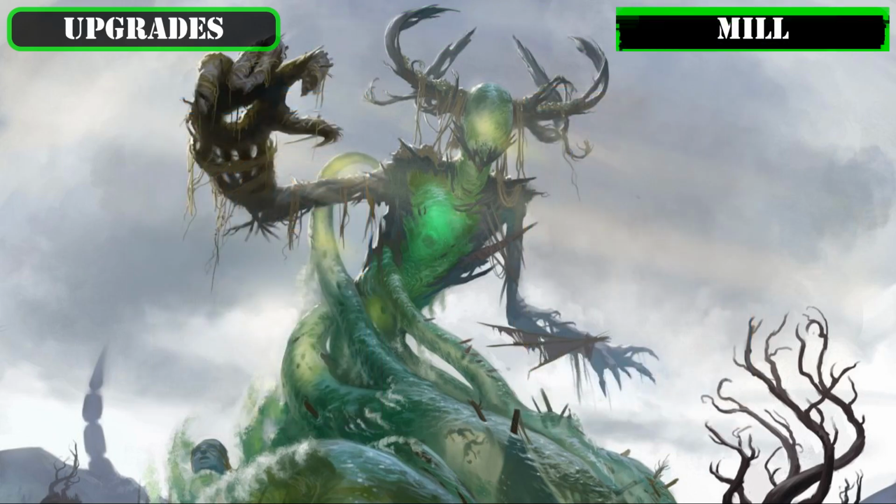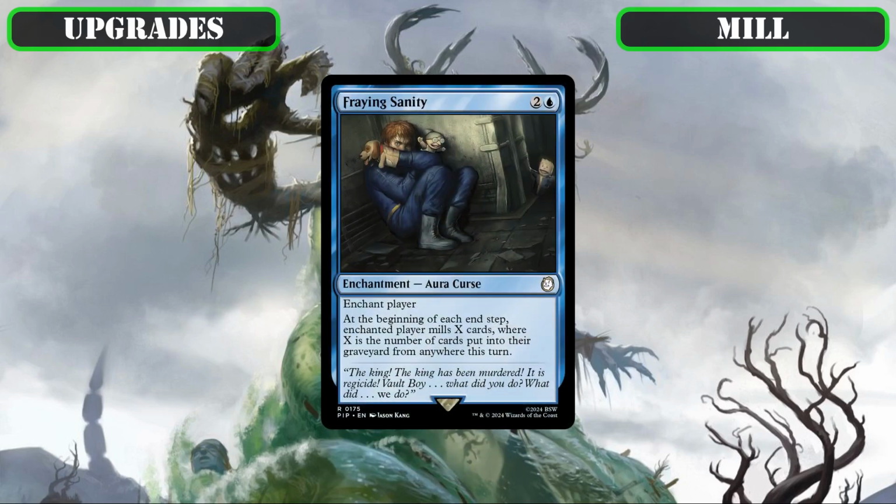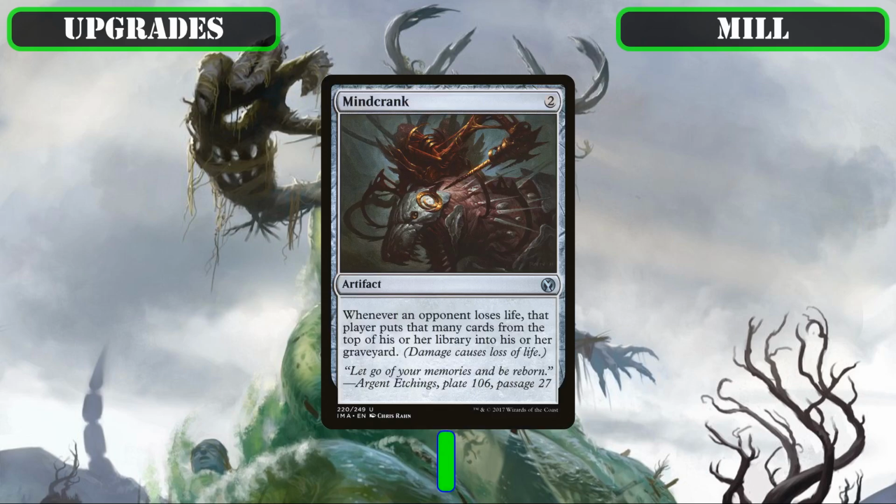Now, with all our new counter-focused additions covered, let's move on to the pure mill-focused entries we'll be adding to proc the Wise Mothman and all our other mill-focused payoffs more often, in which we'll be replacing Fraying Sanity, which is admittedly a serviceable mill source, with the better mill source Mind Crank, which is cheaper than its predecessor and overcharges our rad counter's ability to mill by forcing our opponents to mill more as they mill non-lands, on top of also forcing them to mill whenever they lose life from any source to grow our creatures even faster and